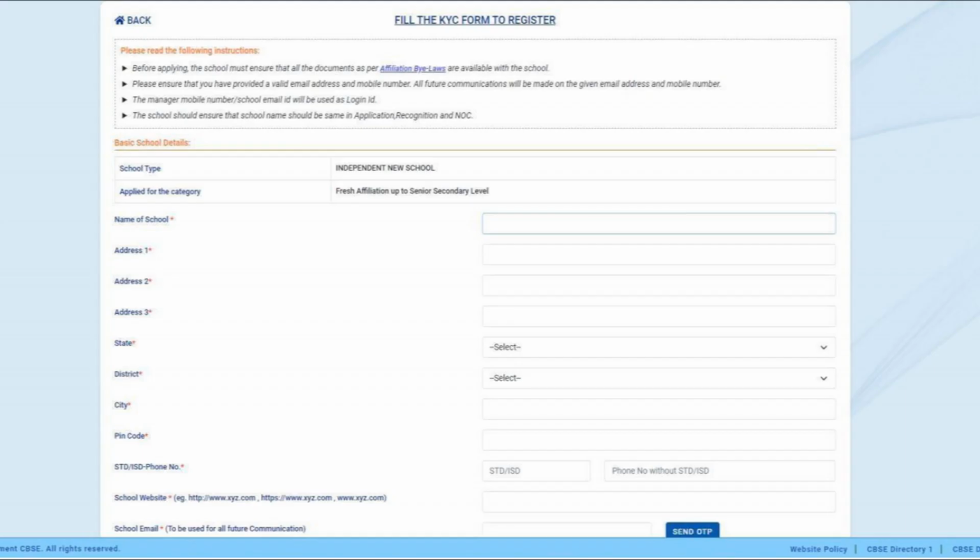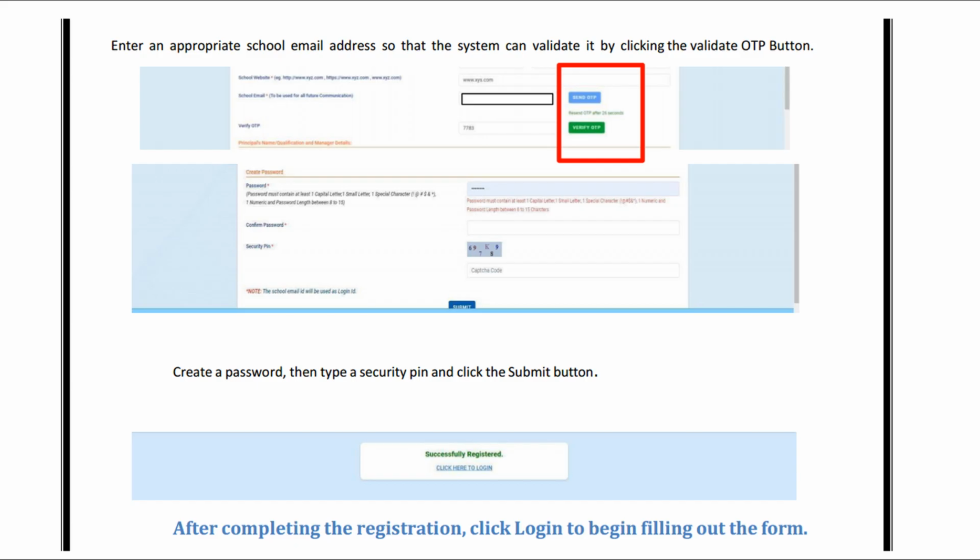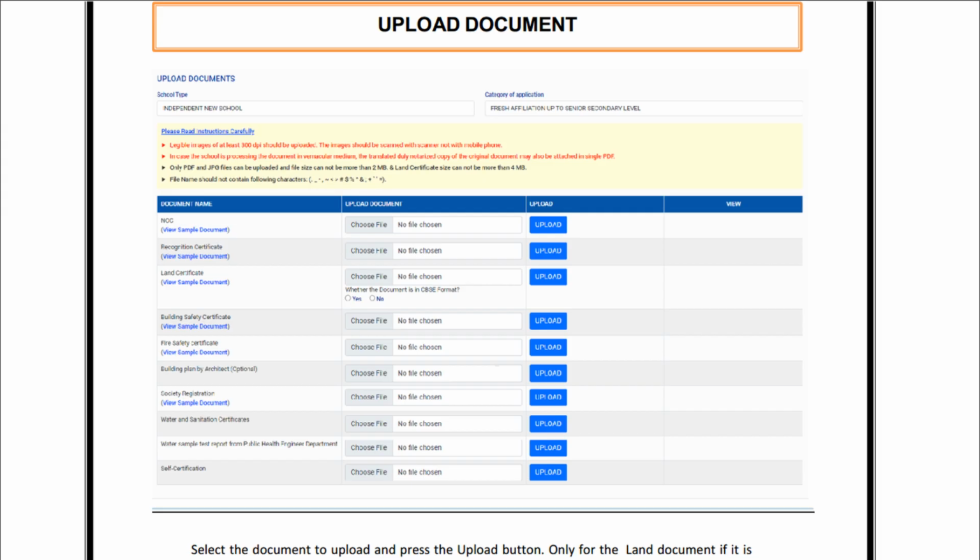Create your school profile and complete the KYC process with the registration fee. Enter the school details and upload the required documents that we discussed already. If everything checks out, you will proceed to the next step.